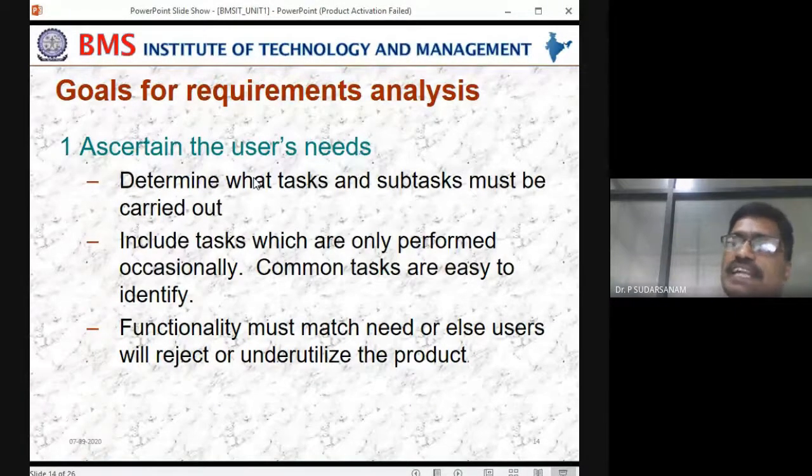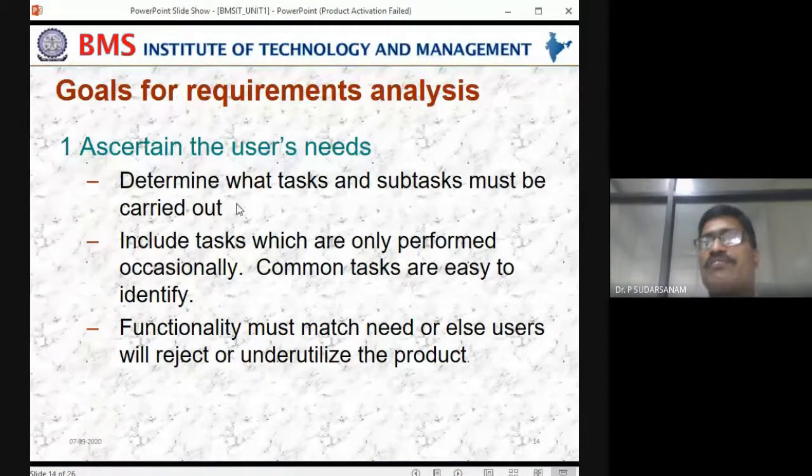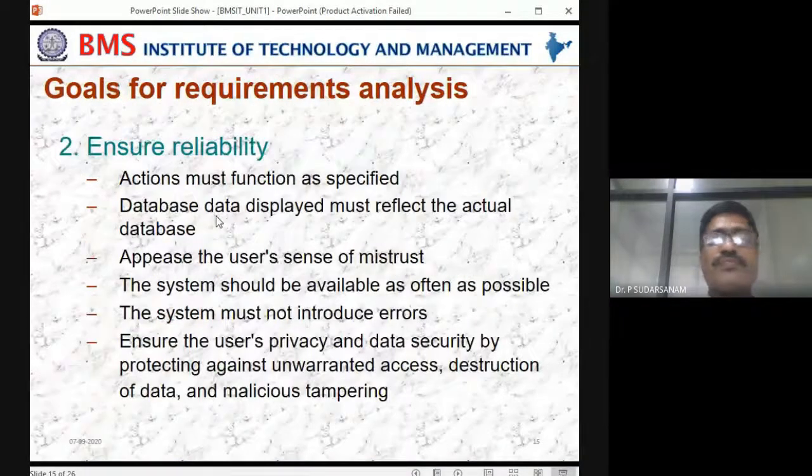So we need to identify what the users' needs are for that particular product. Suppose I am developing it, whether I will be able to sell it or not, that is what you need to identify first itself. Next, ensure the reliability. Reliability is also most important. We have discussed this one. With respect to users, you need to take care of all these things, that means the database and so on.